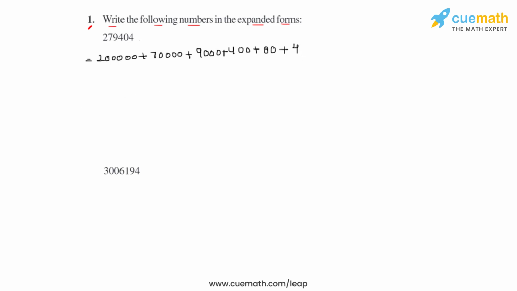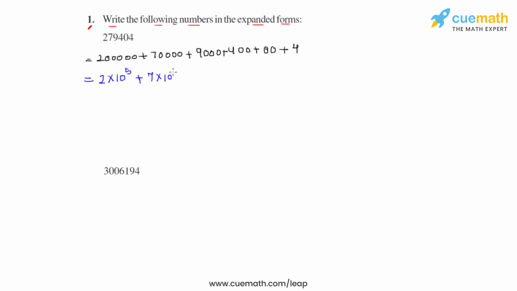Now each of these numbers can be written in exponent form or in standard form, that is the product of a number which lies between 1 and 10 and a power of 10. So we write it as 2 times 10 raised to 5, as there were 5 zeros after 2, plus 7